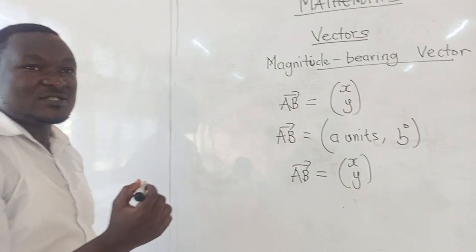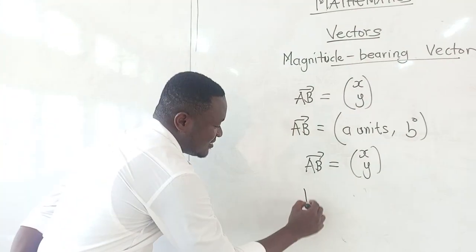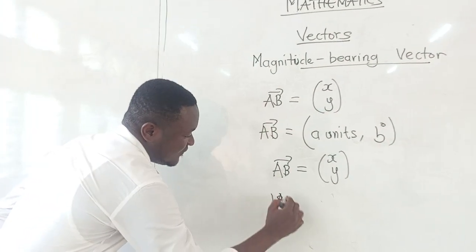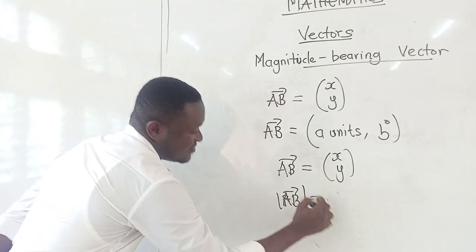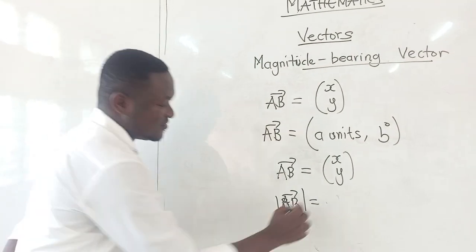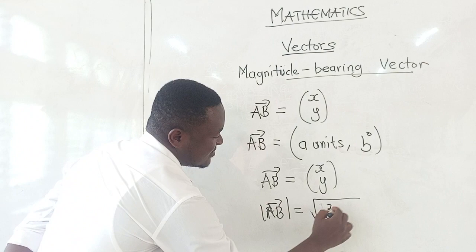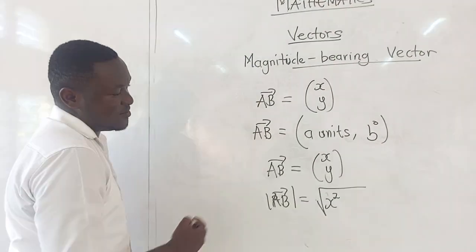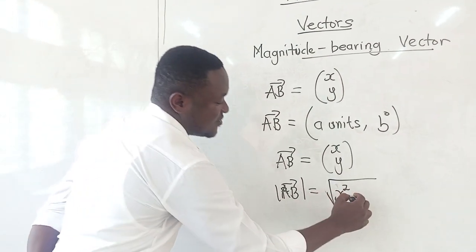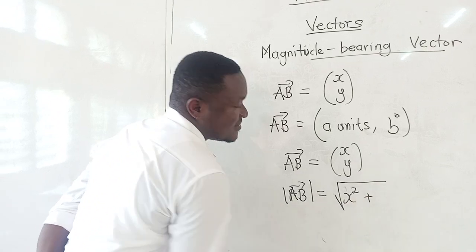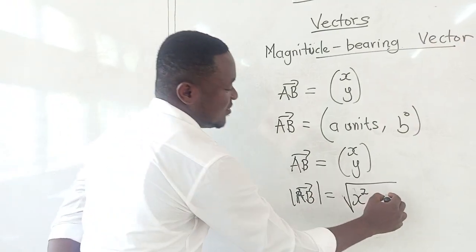The magnitude of vector AB is equal to the square root of x squared, that is the value of the vector along the x component squared, plus the value of the vector along the y